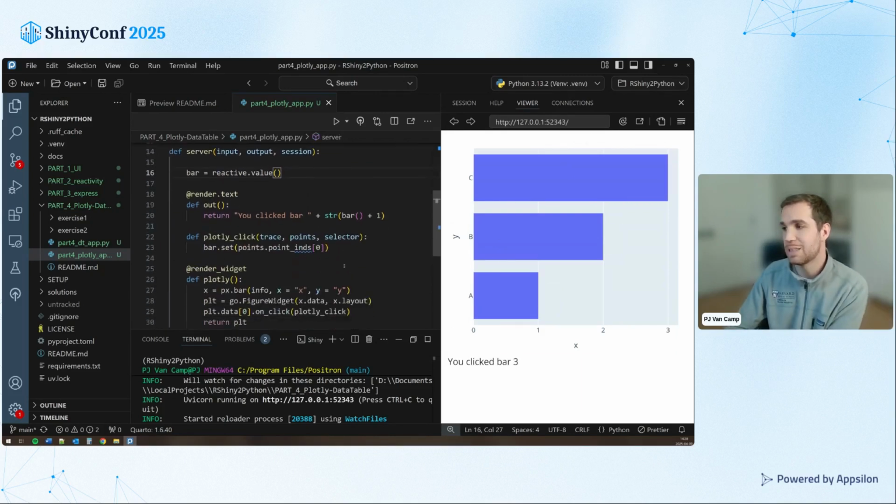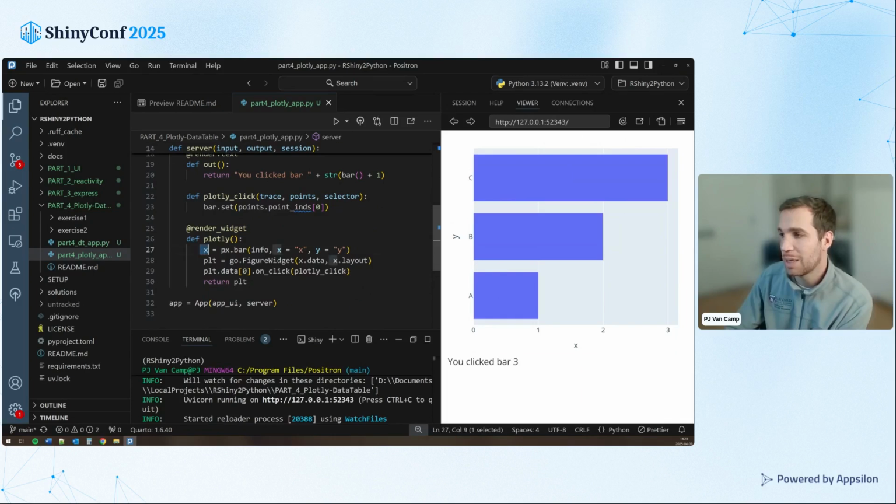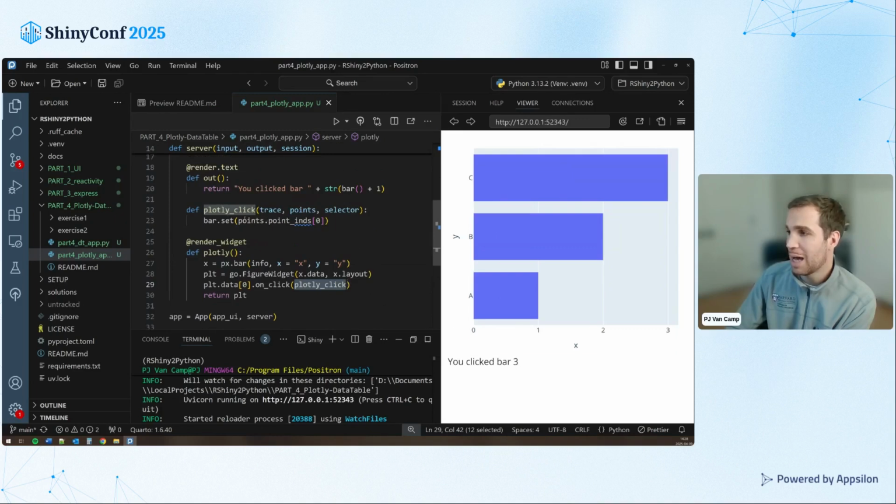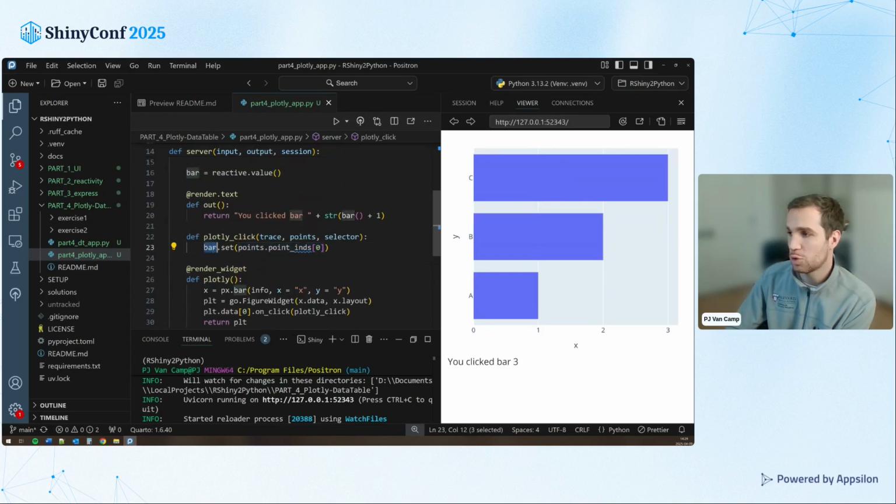So the way I did it was the same as before. I create my Shiny, I create my widget first by creating the plotly plot. I explicitly make it into a widget. I set this plotly click function. And in this function, I am going to observe the points, and I want to know which point has been clicked. And I'm going to assign this to a reactive variable in Shiny, and then I can do something else